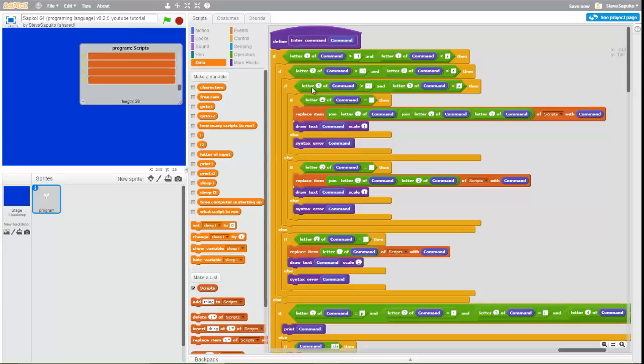So pretty much, now I'm going to explain how it does that. So if the first letter of command, which is answer, is bigger than -1, which pretty much means is it 0 or 1 or 2 or 3 or 4 or 5 or 6 or 7 or 8 or 9, and letter 1 of command is smaller than A, that pretty much means if it's a number. So smaller than A and bigger than -1 just means if it's a number. So if it is that,